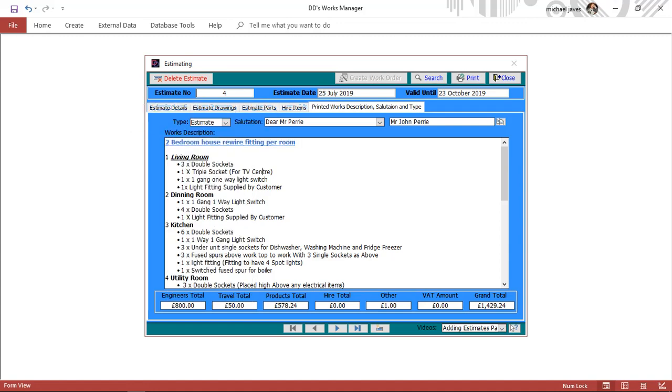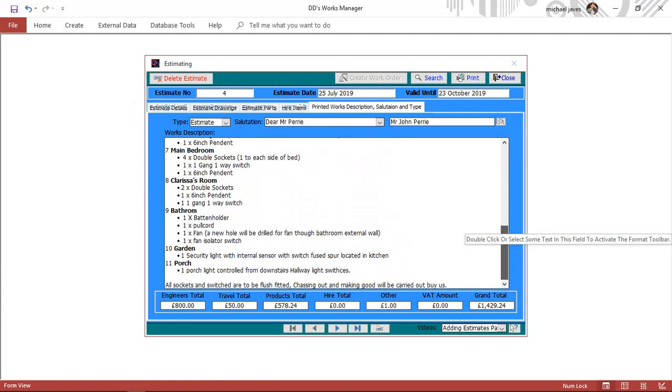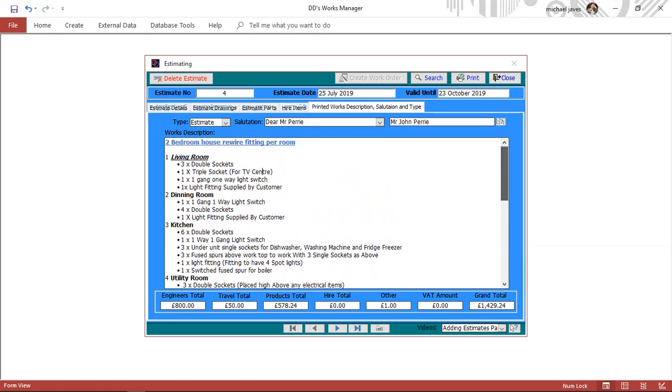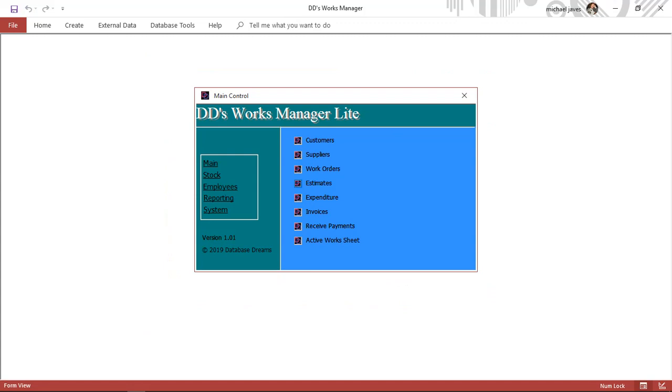If you notice, this is actually a list of all the equipment on this makeshift house rewire that I'm going to be fitting in each room. I created a big list just to see what it looked like on the report. So if I now show you that report, right? So if we go, actually no, I won't. Let me show you